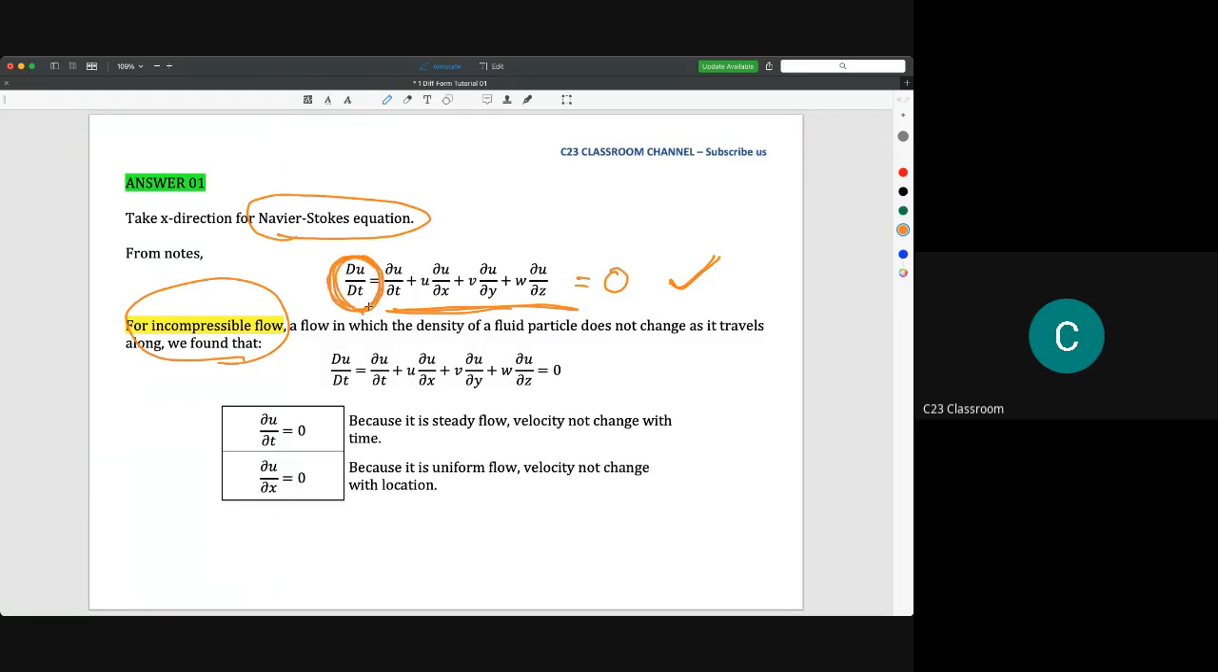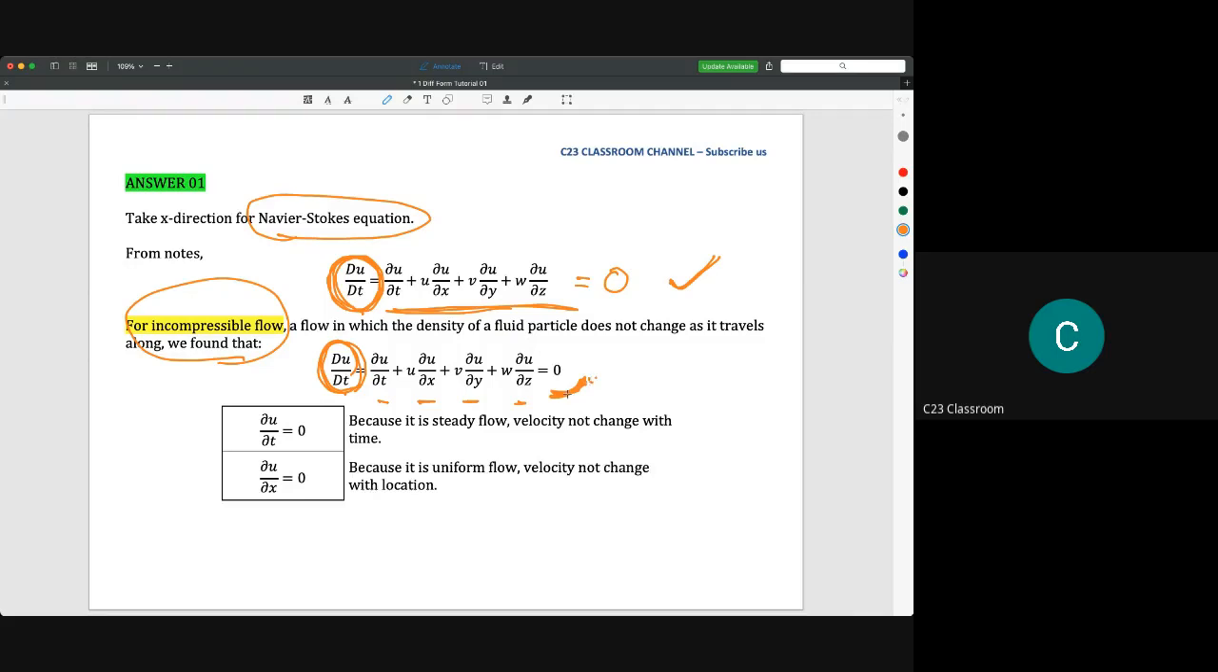So then we could expand the value of du dt here. So we have du over dt, so we have u du dx, v du dy, and w du dz, and it is equal to 0 also. Okay, so another idea that you could implement into this one. Why is du dt equal to 0? It is because